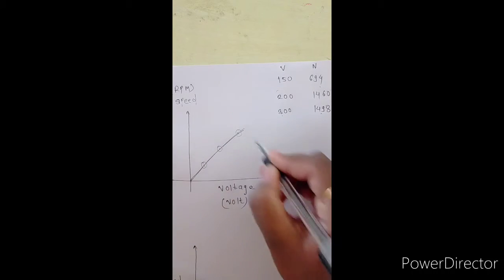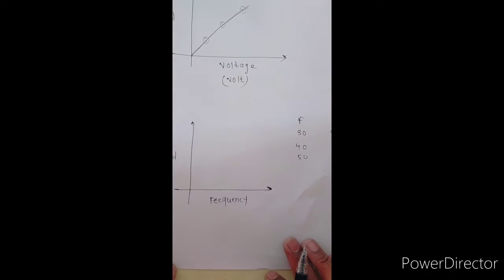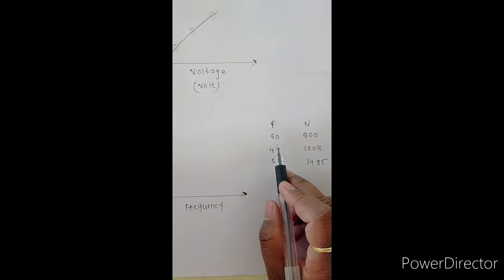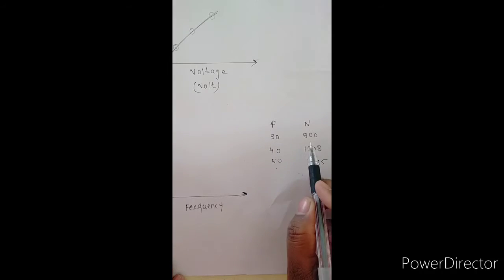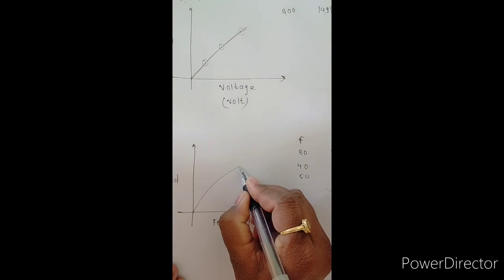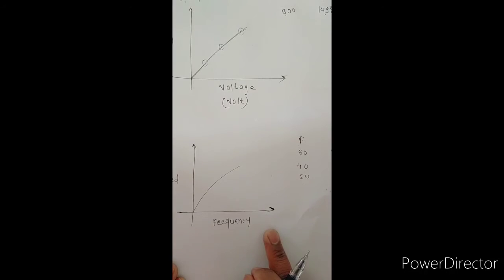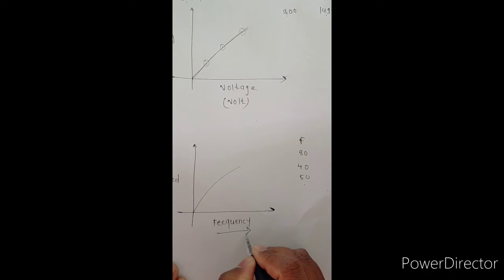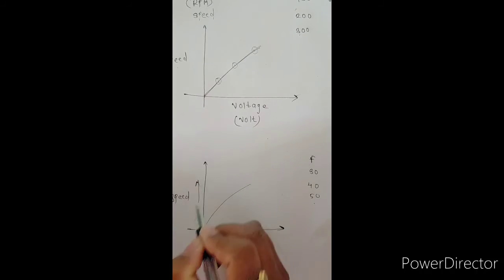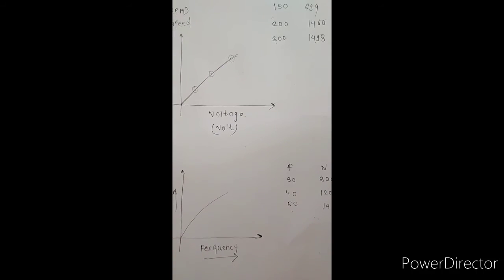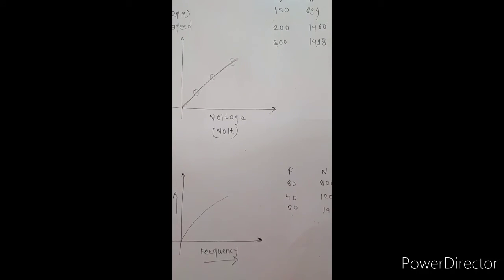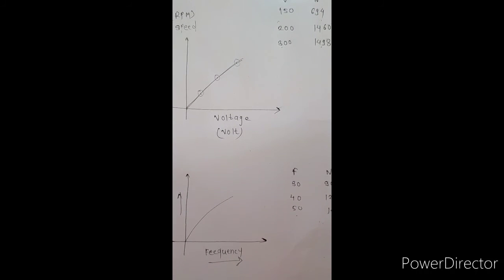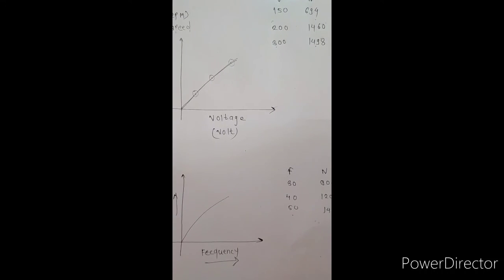with the three readings. Second, for the frequency, we are taking three frequencies: 30, 40 and 50. The speed increases, as we had seen in the practical. So here also the graph will be increasing. Whenever the frequency increases, the speed increases. Now we have concluded that with the help of the auto transformer method and the frequency method, or V by F method, the speed increases, and we can control the speed of the induction motor. Okay, thank you.